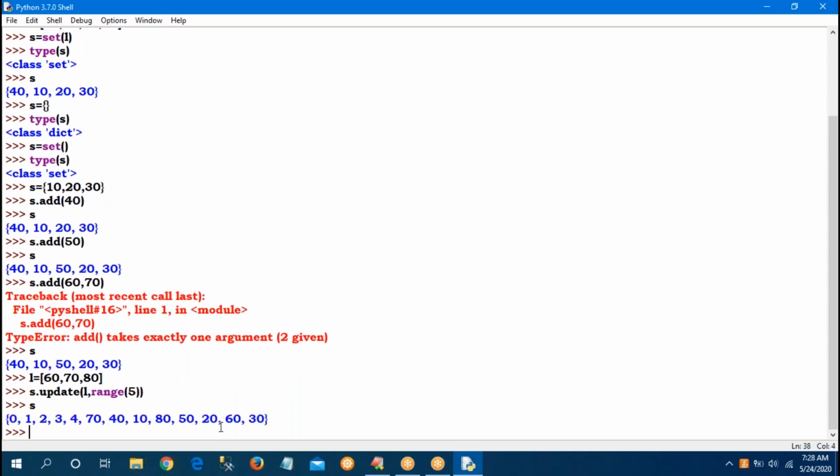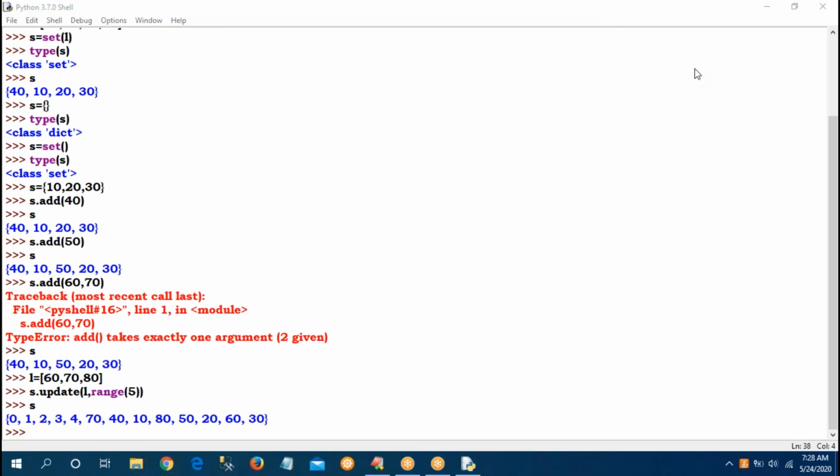See, 0, 1, 2, 3, 4, 70, 40, 10, 80, multiple values are updated. Like that, multiple values can be updated here. That is the update function.